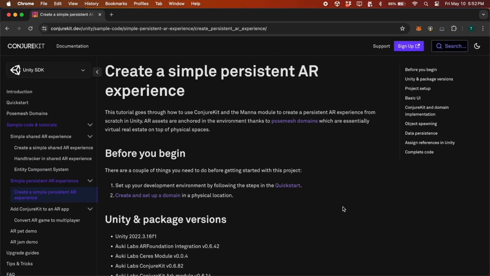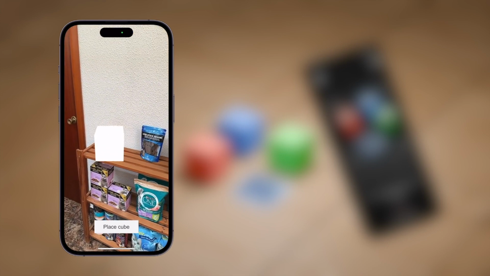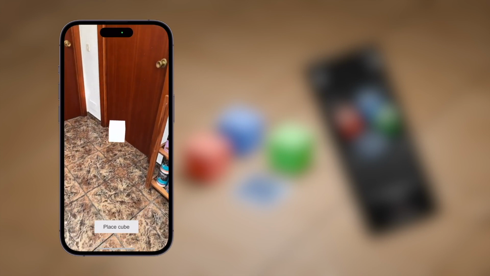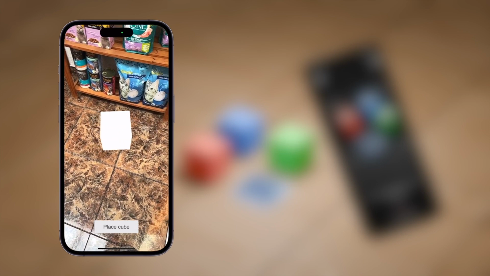It's a marker-based coordinate system in which Lighthouse QR codes serve as entry and calibration points for apps built on the PoseMesh. This allows for the anchoring of digital information in physical locations so that they'll persist across app sessions. For this simple persistent AR experience, we'll calibrate into a domain, place different colored cubes around it, and save them to the device's local storage. Then the next time we open the app and calibrate into the same domain, the cubes will still be there